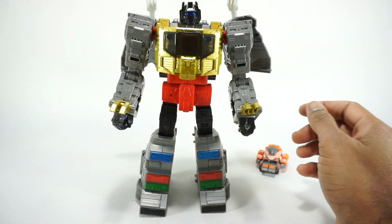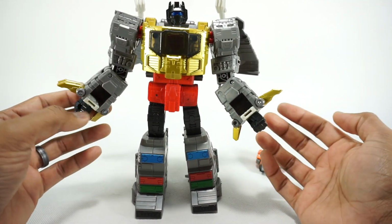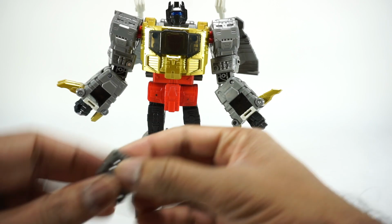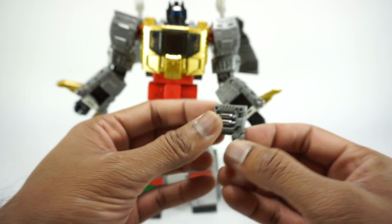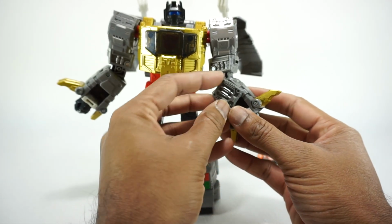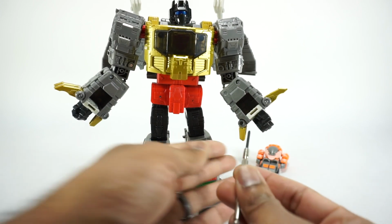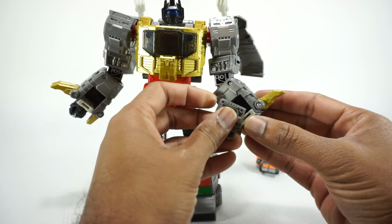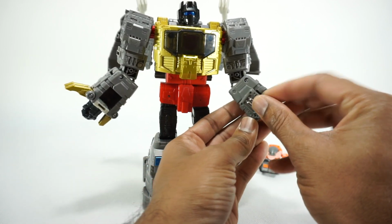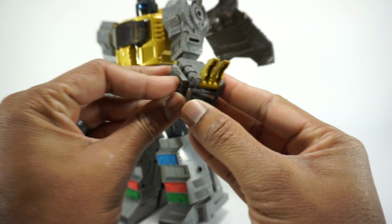All right, next we'll take a look at the pieces for the arms. If you didn't know, the inner arms have these gaps here for transformation, and they're giving you these panels to fill in. They're actually detailed and even painted, and so these fit right here on top of this. Now you do have to remove a screw, so I've taken this one out right here. You gotta take that screw out, and you fit this panel right here. And it actually tabs into the arm. So just get that tabbed in